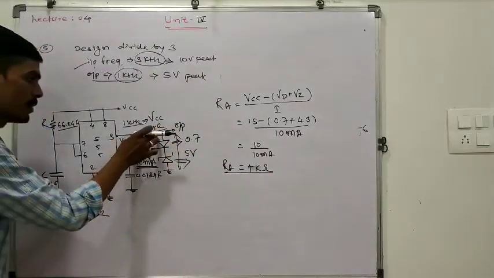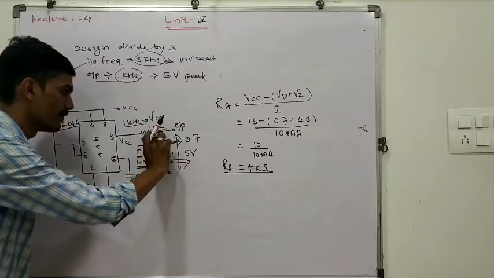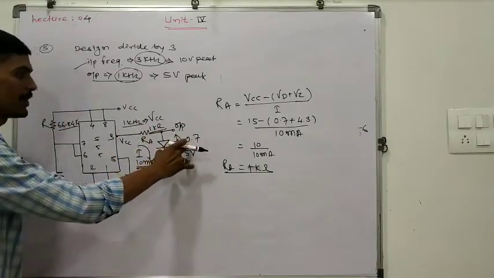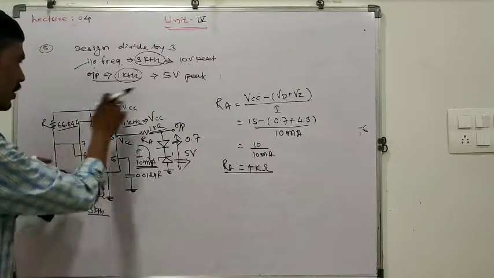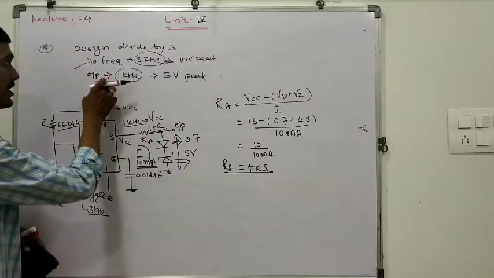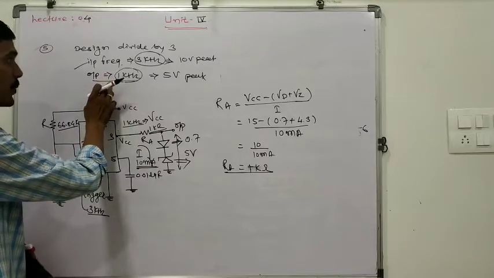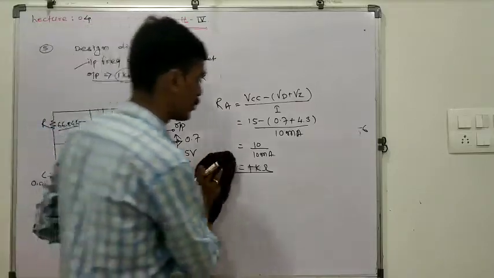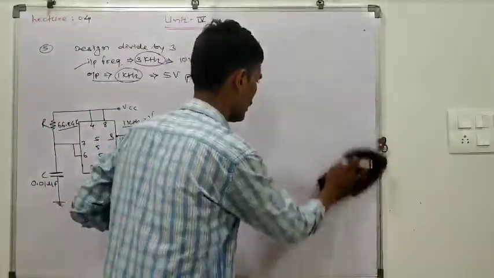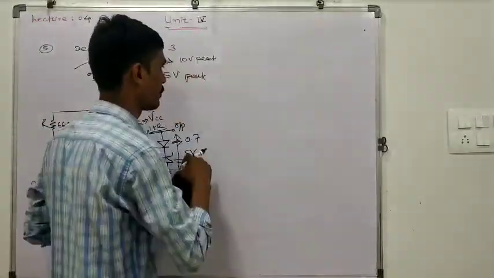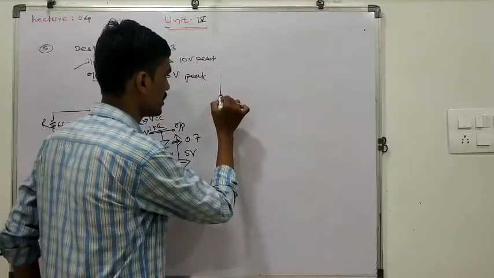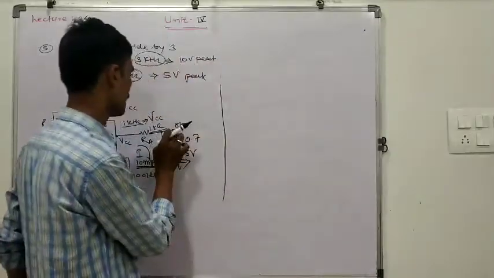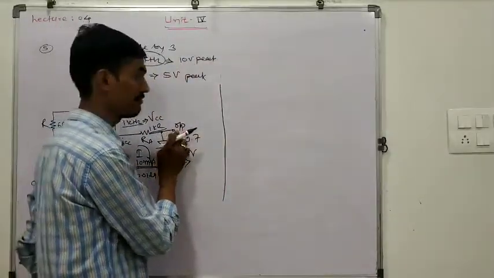So whenever we put RA equal to 1 kilo ohm in connection with the Zener and simple diode, we will get the output peak equal to 5 volt. So this is the complete circuit diagram to obtain the output of 1 kilohertz and output of 5 volt peak. Now we are going to draw the input and output waveform. Input output waveform means the triggering input and the output obtained at pin number 3 with 5 volt.